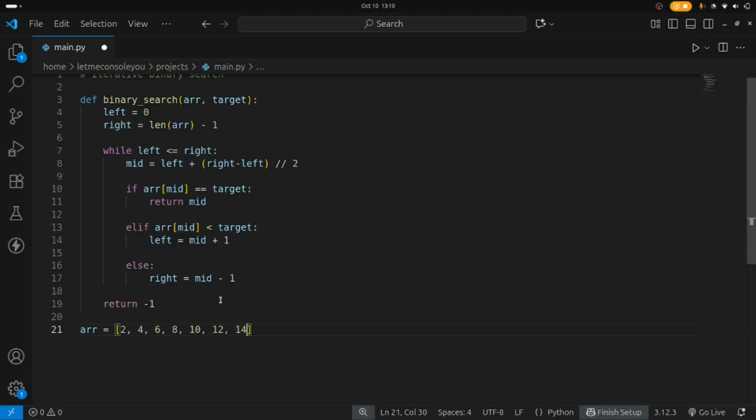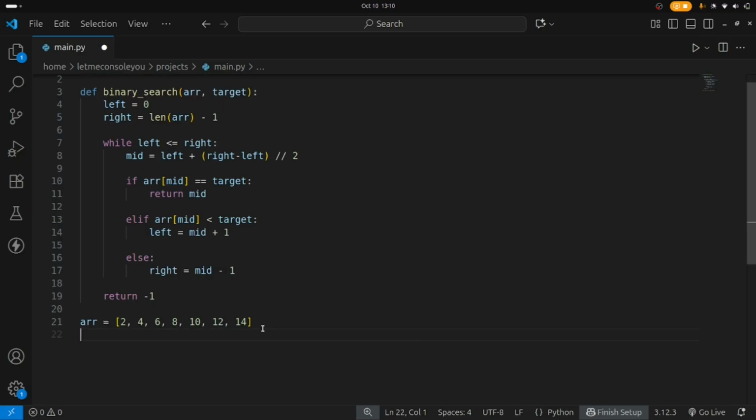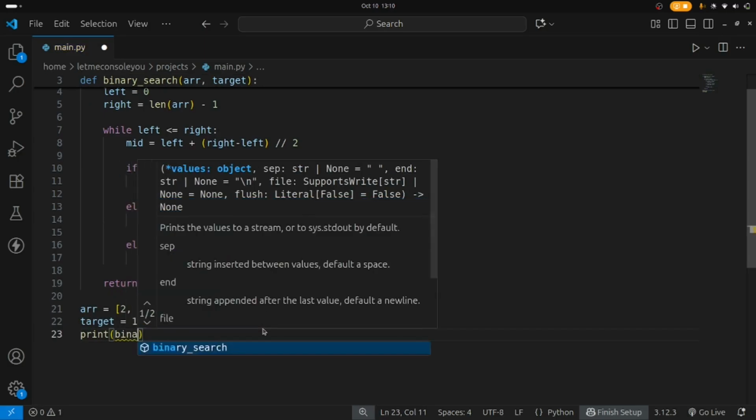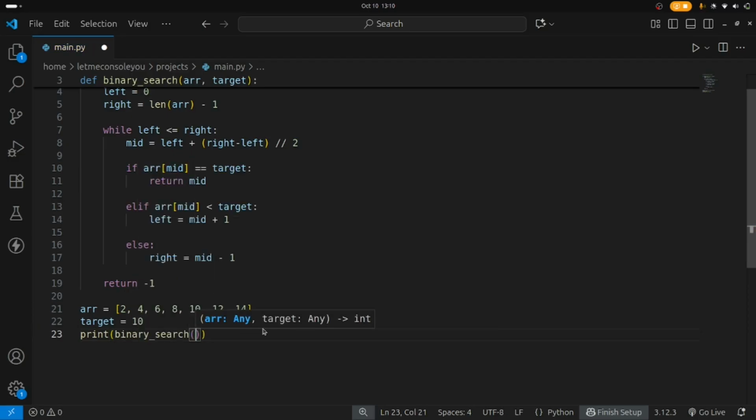And by the way, your array should always be sorted, because if it's not sorted, then we cannot apply this. Because if it's not sorted, we cannot be sure that the element in this would not be the target, right? So I have created my array, and let's say my target here is to find from this array the element 10. Now I print, and I will pass the array, and then I'll pass the target